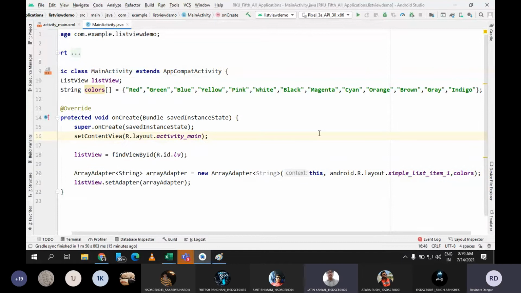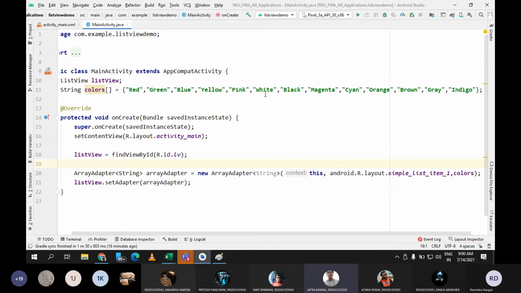Make sure that you always use the correct data type, because in the upcoming sessions, instead of the string data type, we are going to use user defined data types as well. For example, if I am creating one class and I want to store the data of that class, then instead of string we will write the name of the class. So you should be able to understand whether the data type is inbuilt or user defined. Otherwise it is optional, but it is always advisable that you remember it and write the correct data type, just to avoid confusion.